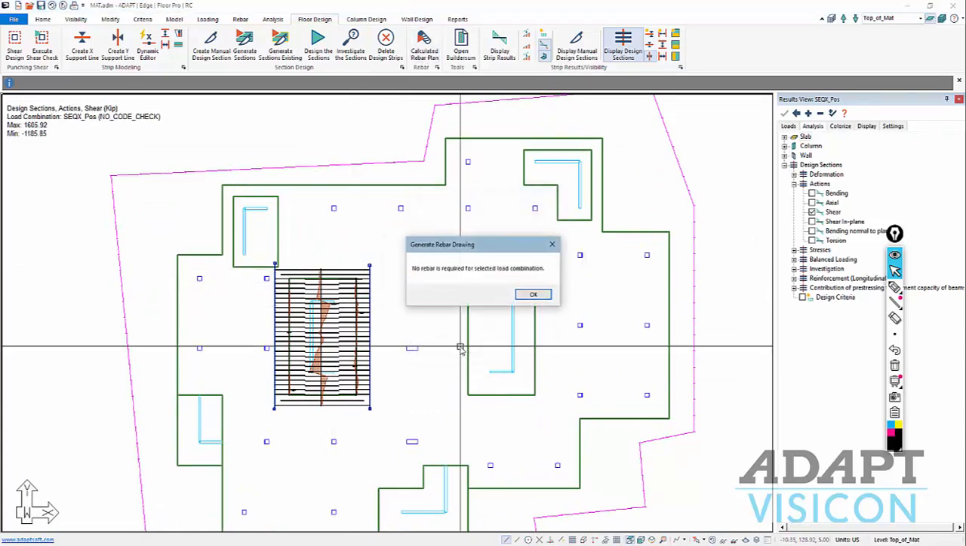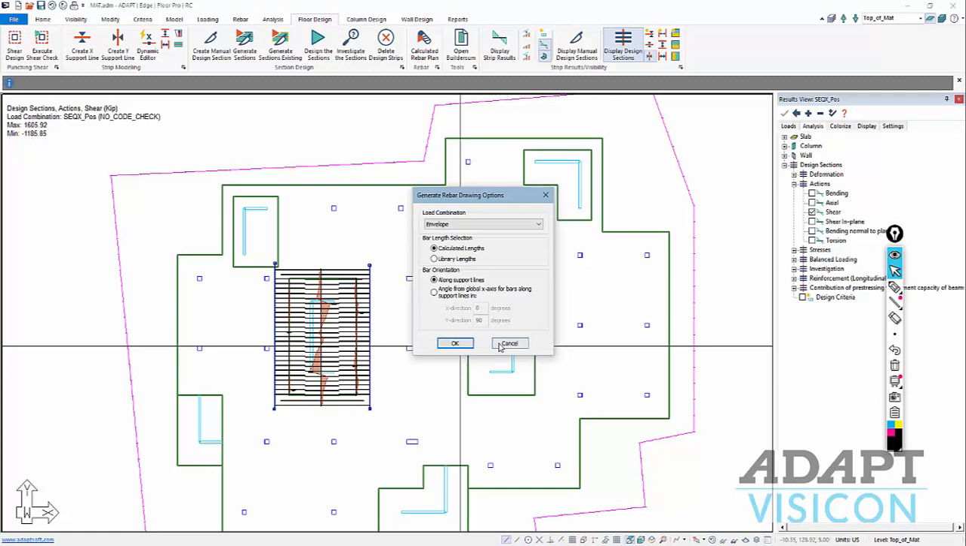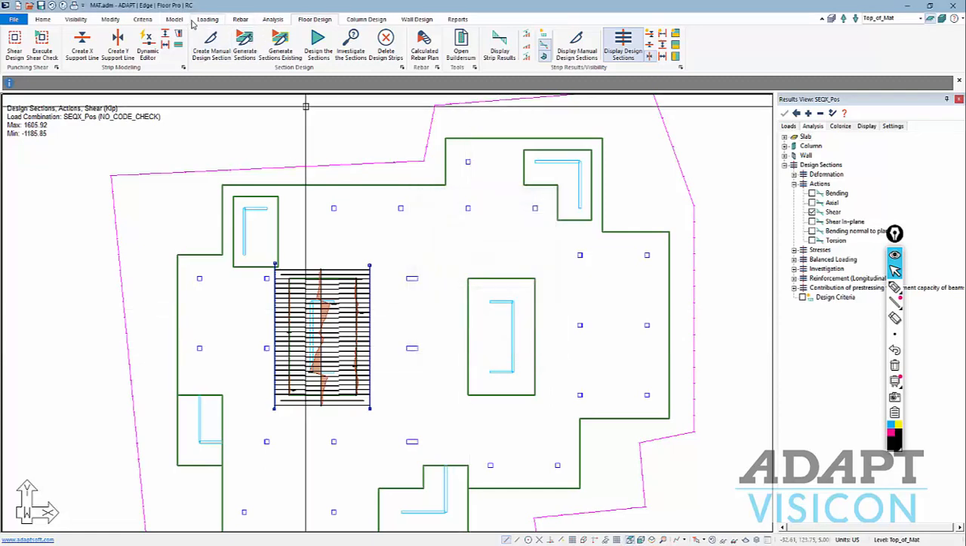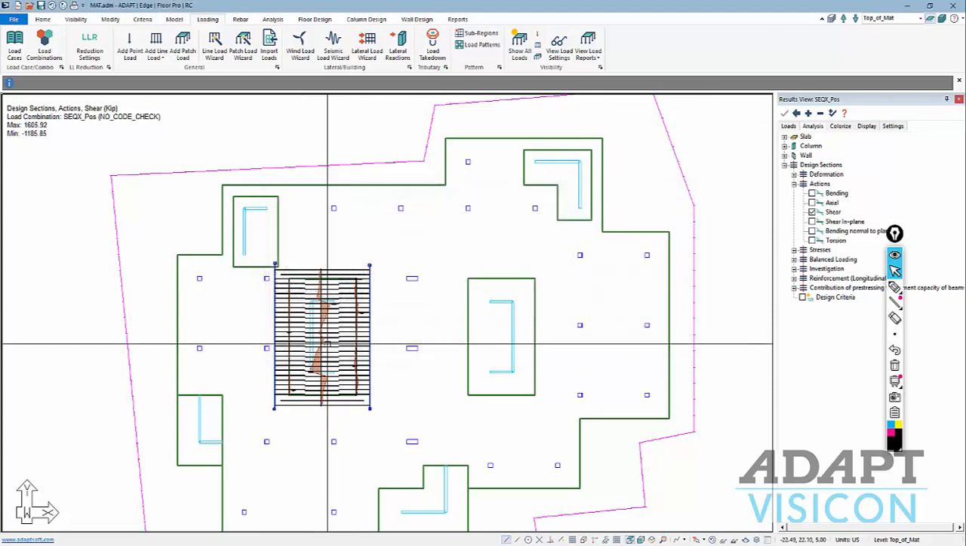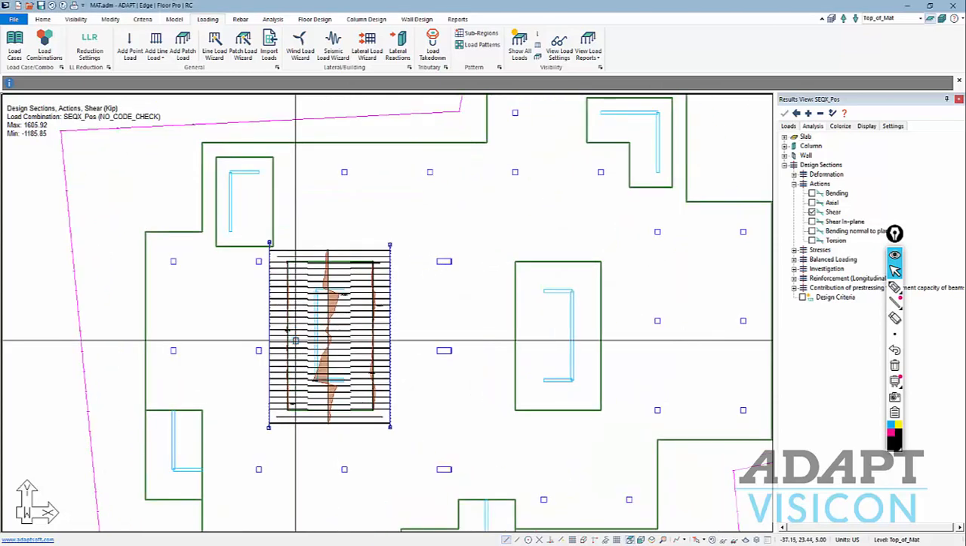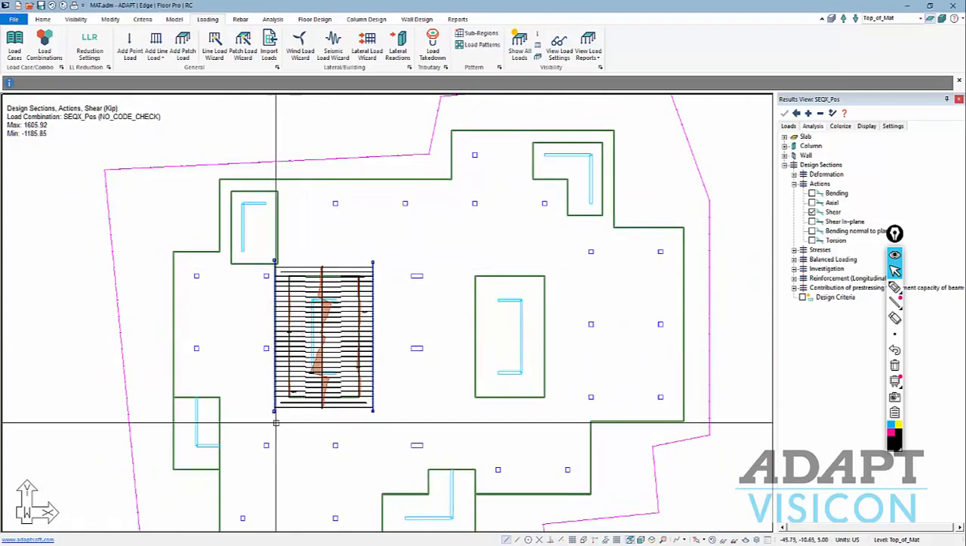If I select to generate rebar, no rebar is required or selected for this combo because the combo that we actually ran the model for was set to no code check. So, but this would allow us to get at least the actions for this particular instance along the cut paths for